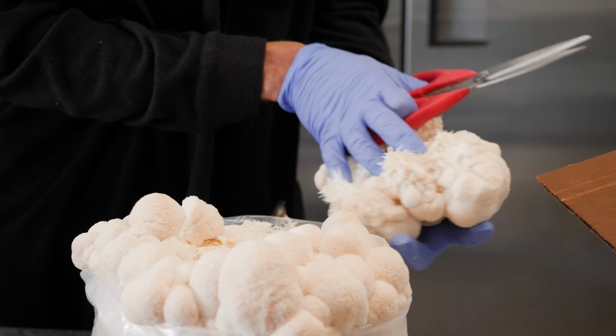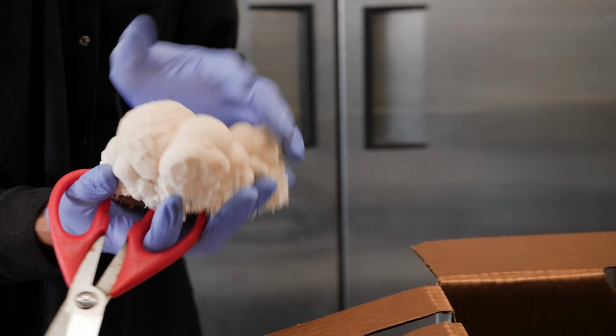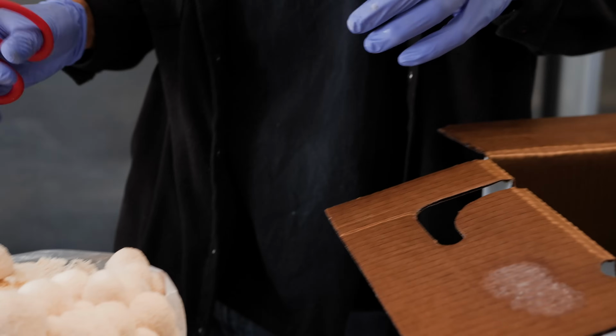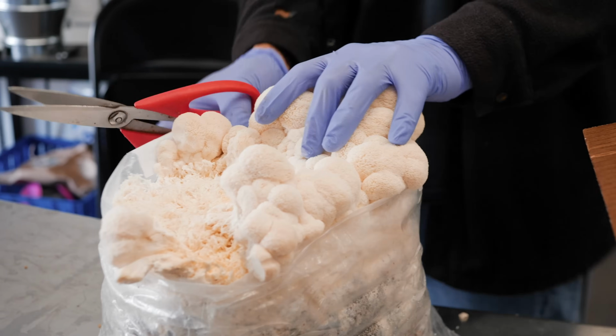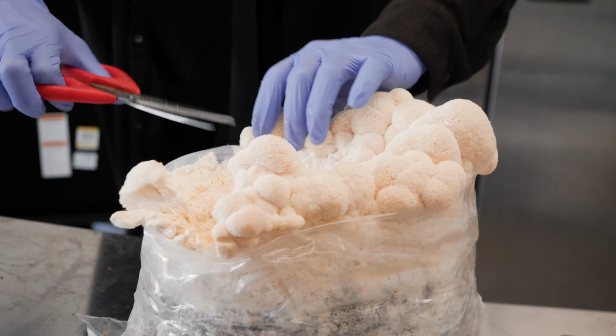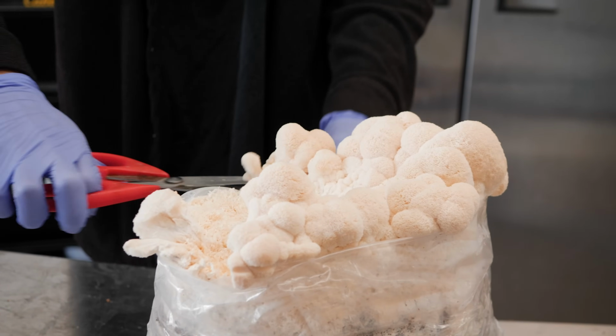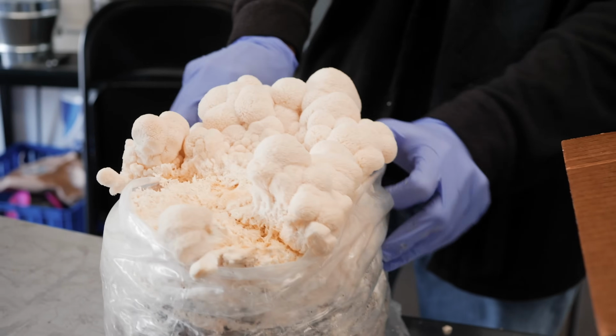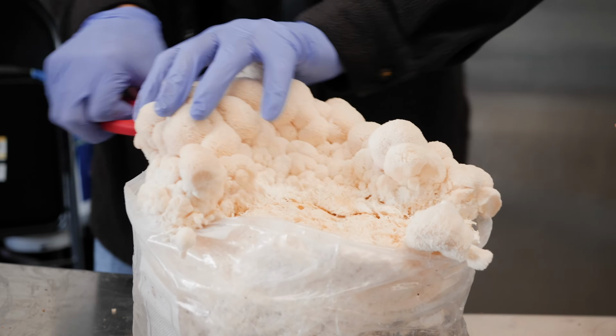Really not take up any substrate. You just have this clean lion's mane that's ready to go. And the benefit to it is, compared to putting the block in the grow room and slicing it, feels like it takes a little bit longer, like an extra week to actually get the crop. And another bonus, I feel like this